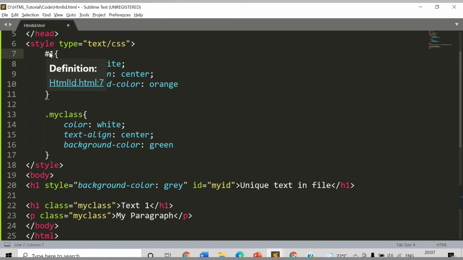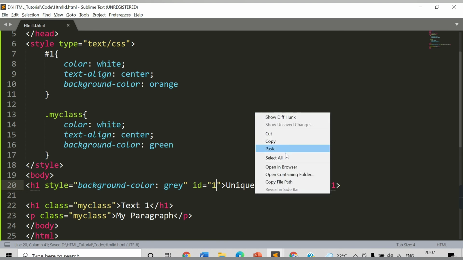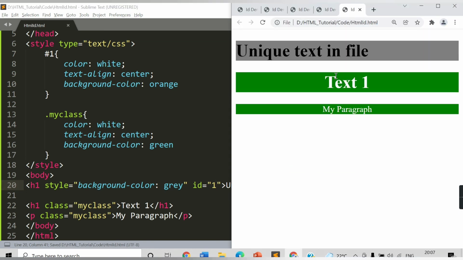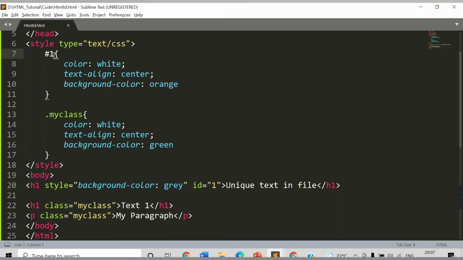If we start it with some number, let's say this is the name of the ID, and I use the name here, let's see whether we are getting the result. See, we are not getting any result. The gray color we are getting is because we have provided the style background color gray, but the other properties like text align center are not happening. Also the color is not applied to white. So the ID name should not start with any number, but it should have at least one character.